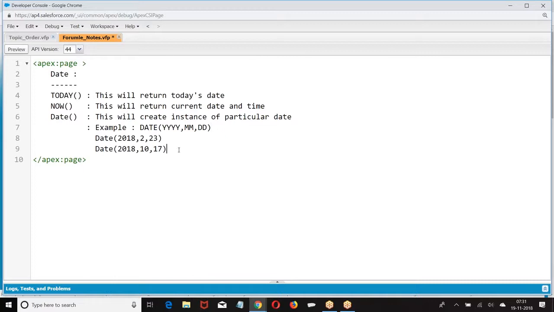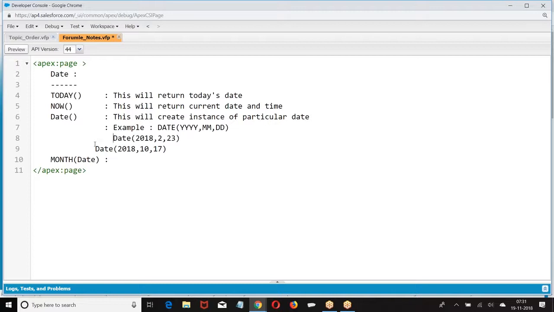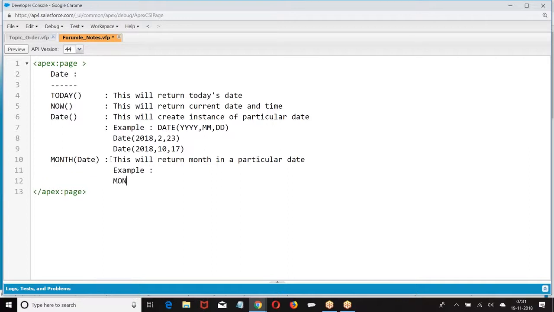Next we have month of date. If you give a date, it is going to return the month in it.